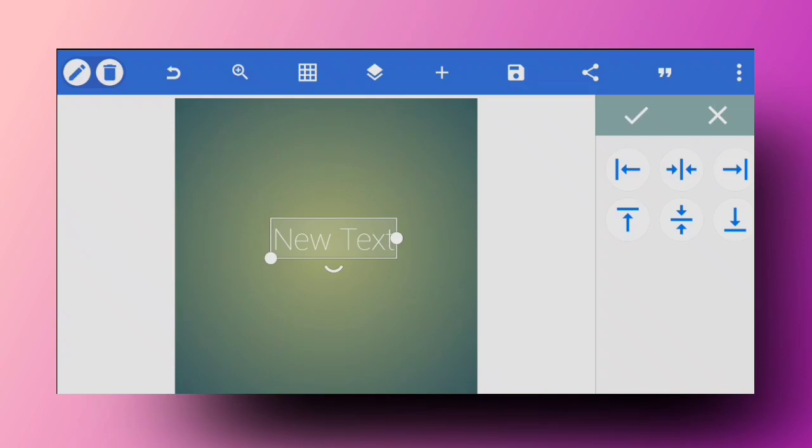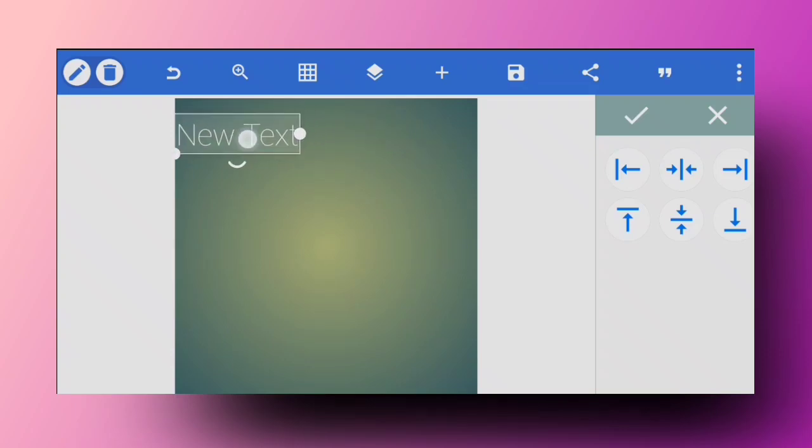So what I actually use it for is to keep things in the middle, or somewhere on the right like this, or somewhere on the left, or up or bottom, whatever. So that comes in handy. If you click on these middle two buttons like this, the text will be right in the middle, accurately. So if you've got a text layer, an image layer or a solid layer, you can keep the position right in the middle, or wherever.